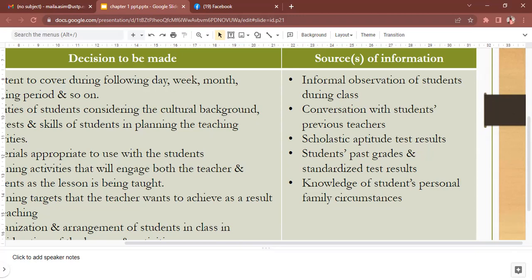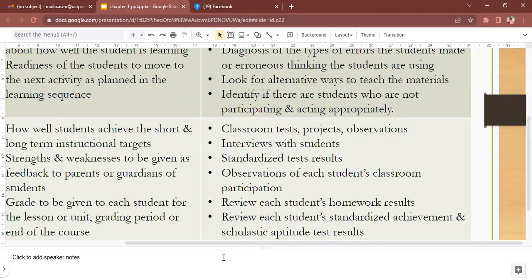So these are the things nga pwede mahimong rason or mahimong factor para sa atoa ang pag-decide kung unsang assessment ang atong gamiton sa atong klase. So yes,